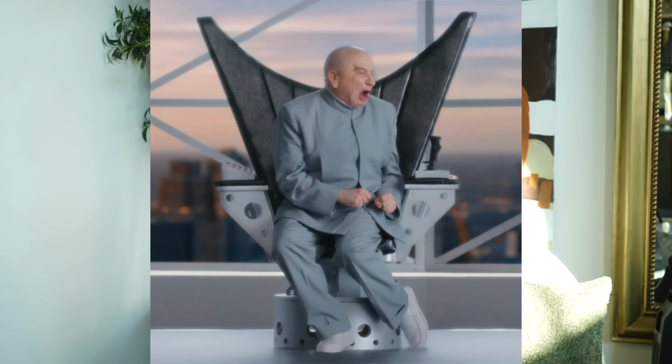But I just like having tall chairs. I don't know, I just want like a Dr. Evil chair, I would say, but chic. I just wish we had more variants. I don't care if some people want really, really low chairs. I just also want the option of really, really tall chairs. And then